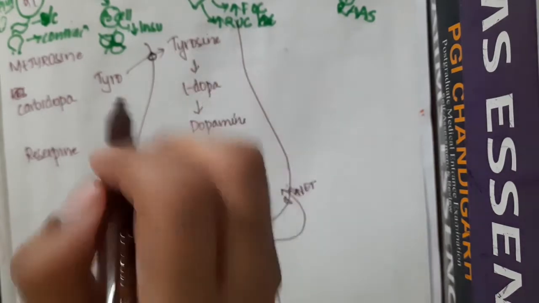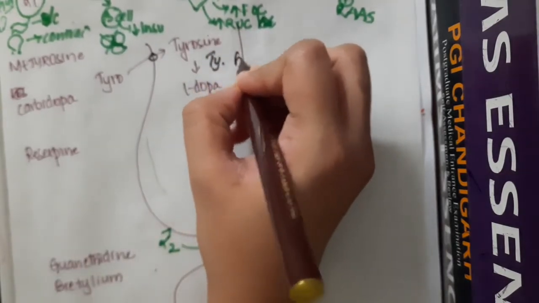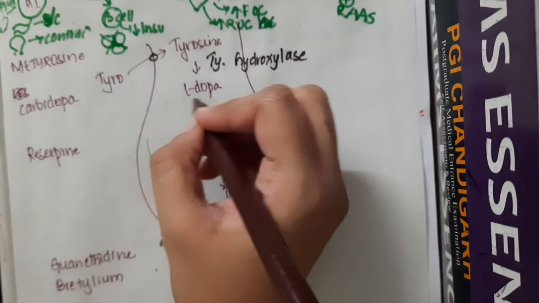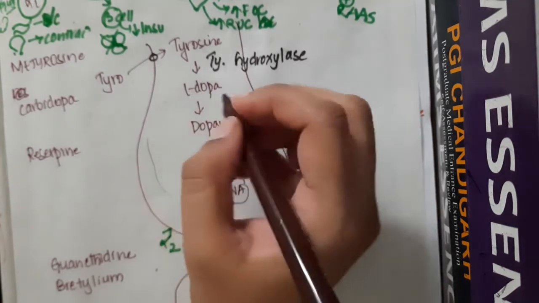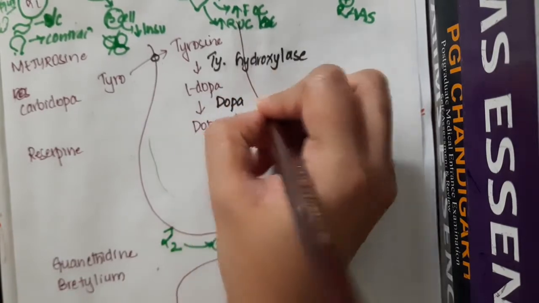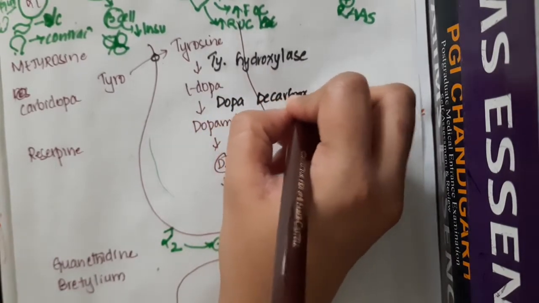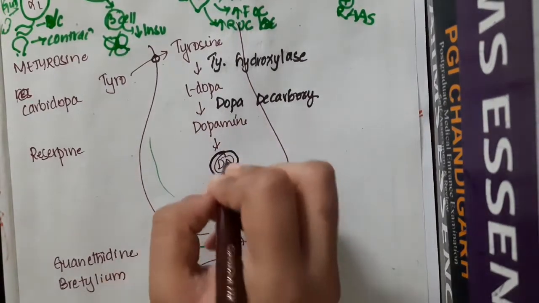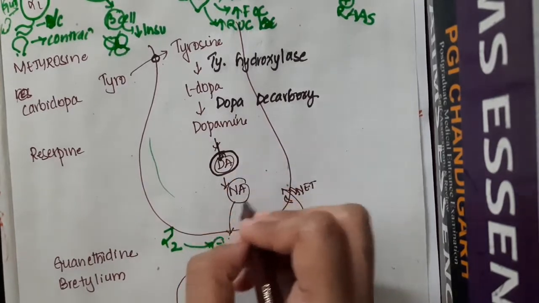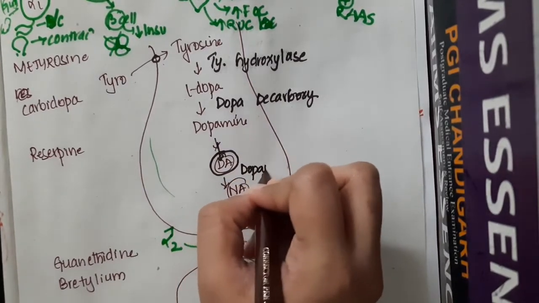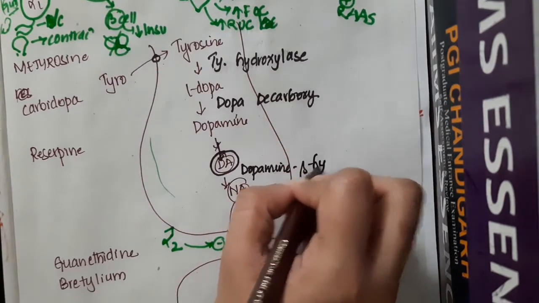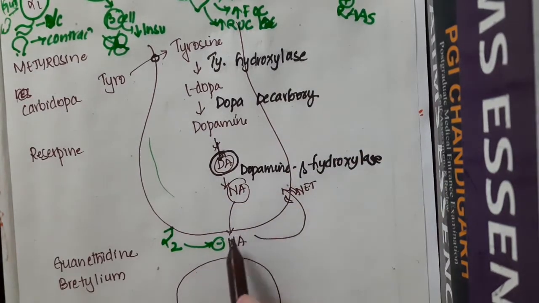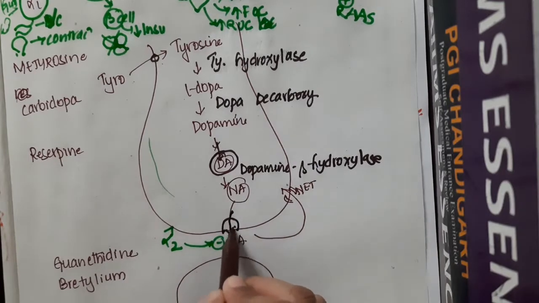Now, this tyrosine, in the presence of the enzyme tyrosine hydroxylase, forms L-dopa, or levodopa. This L-dopa, in the presence of dopa decarboxylase, forms dopamine. This dopamine enters the vesicle. Now in the vesicle, dopamine gets converted to noradrenaline in the presence of the enzyme dopamine beta hydroxylase. Dopamine, in the presence of dopamine beta hydroxylase, forms noradrenaline, which undergoes exocytosis